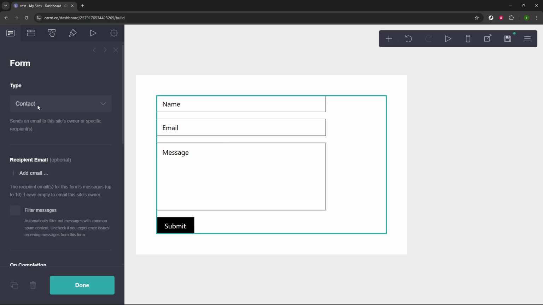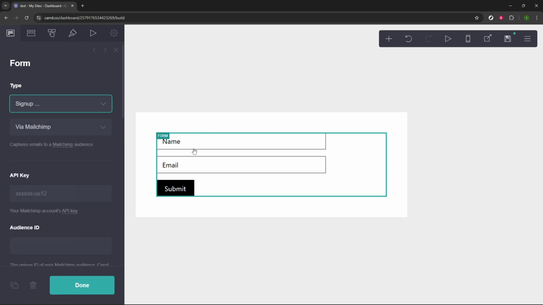Next, choose the form type using the Type dropdown. You can pick Contact if you want a standard message form, Sign Up if you're collecting emails, or Custom if you need full control over the fields and behavior. Contact is great for simple inquiries, Sign Up is ideal for newsletters, and Custom is perfect when you have very